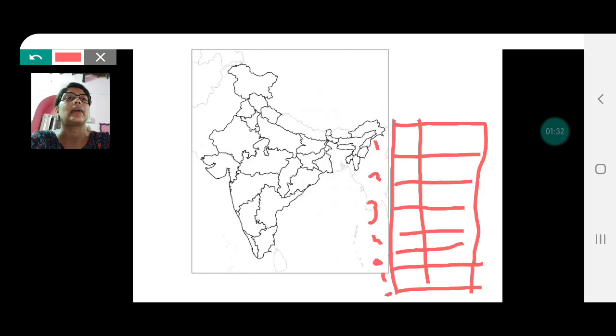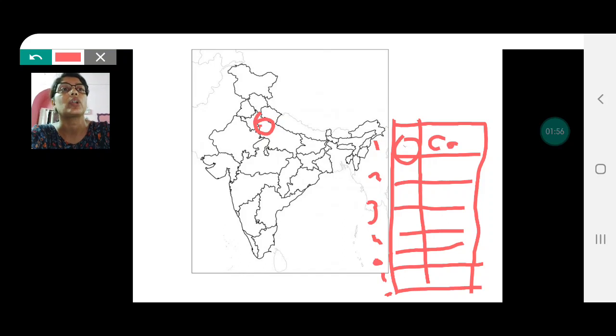The first is capital of India, and that's New Delhi. Capital is always shown with a dot followed by a tiny circle. Now, if you look at Haryana, you find a small ridge protruding into Haryana, and that is New Delhi. I don't know how I will be able to show it, but I will try my best. Okay, so that's New Delhi. So here you cannot write New Delhi. Here you have to write whatever is in the question paper, and that is capital of India.